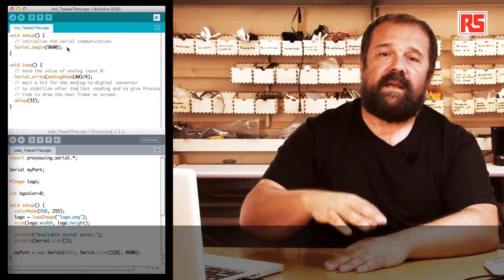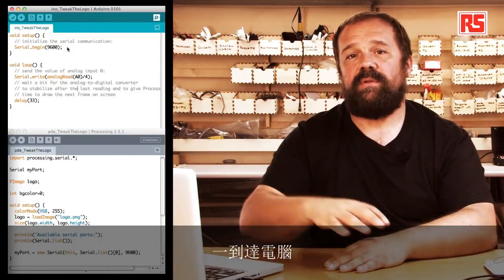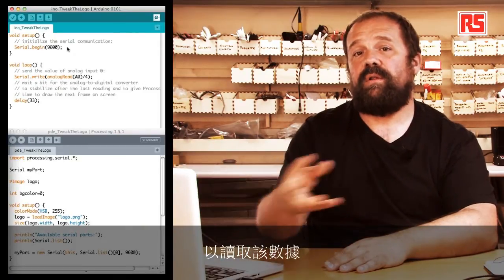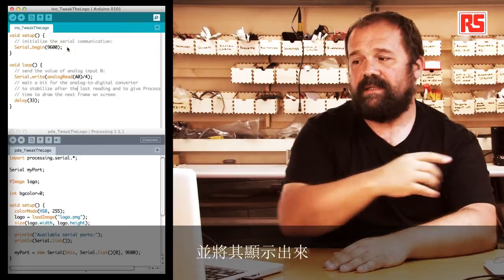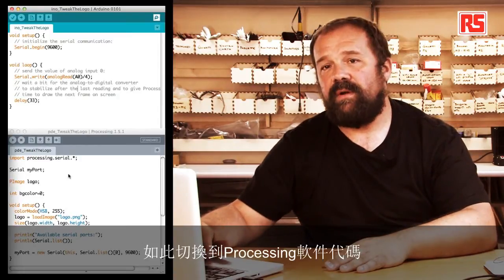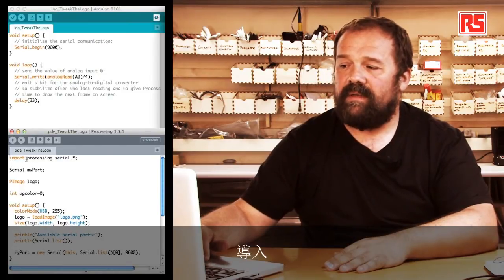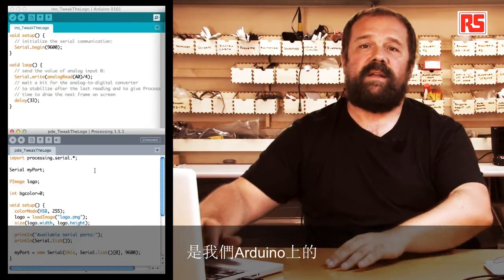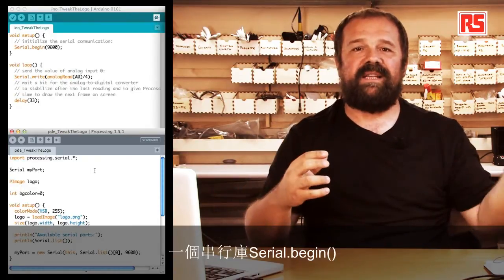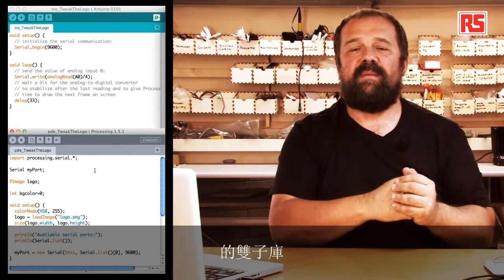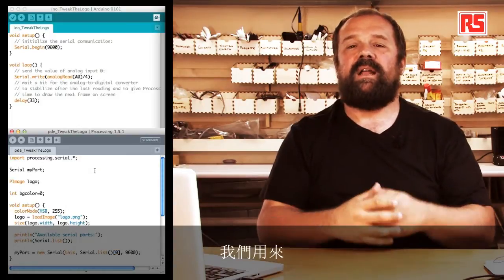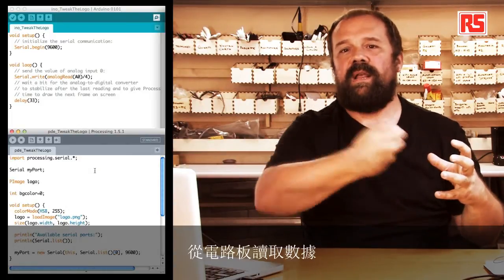So once the data is reaching the computer, then we have to explore what the processing code is doing in order to read that data and visualize it. So switching over to the processing code, at the beginning we have this import statement that imports the library called processing.serial. This one is the twin library of our serial.begin sort of a serial library on Arduino. There is a corresponding serial library in processing that we are using to open the communication and read the data